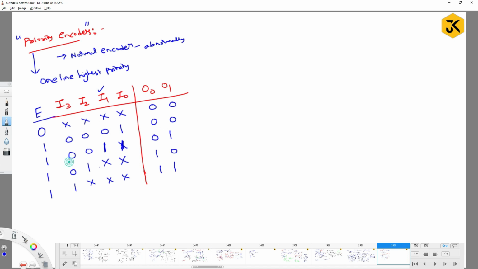If I say 001x, I can write it as 0010 and 0011. These are 2 cases we covered. So that's the reason we are considering all the possible cases. Now tell me what O0 and O1 are. Can I write them directly? No, it is not possible because here we have don't care cases. So let's take out some K maps. You require a K map of size 4 by 4.